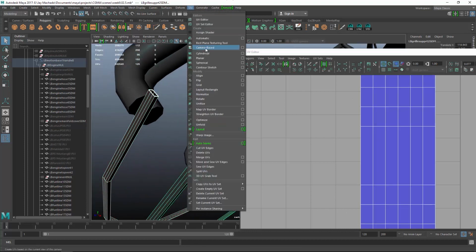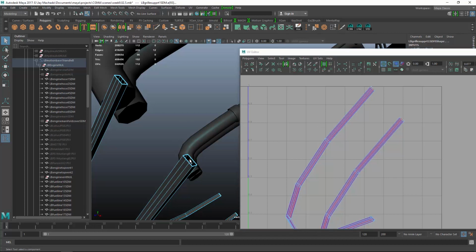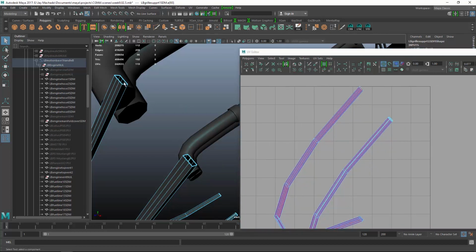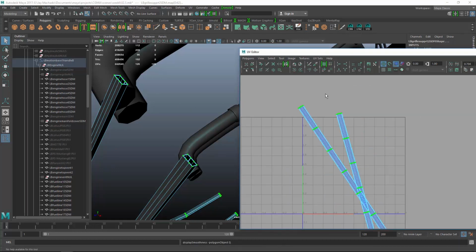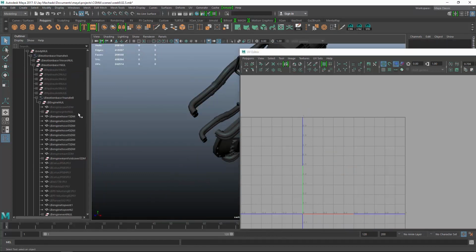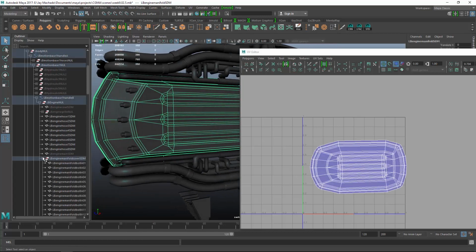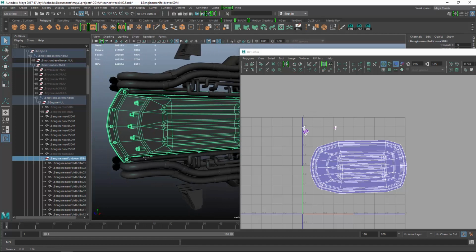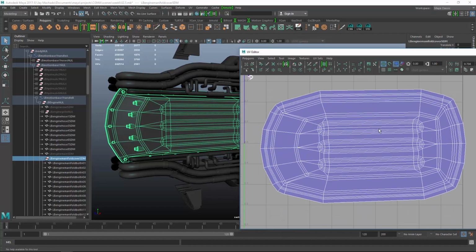So now let me cut these edges here. And one of the drawbacks of this cut tool in the UV editor is that you can only cut seams on one mesh at a time, so that's just something to look out for. Just unfold those pieces, make them nice and straight. And for these engine manifold covers, I actually laid out some basic UVs before, and since I reused parts from my other Greeble part, they came with UVs, so just go ahead and